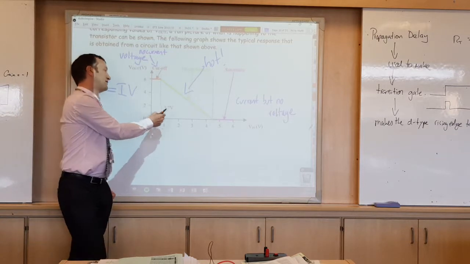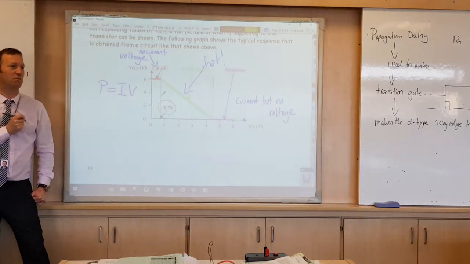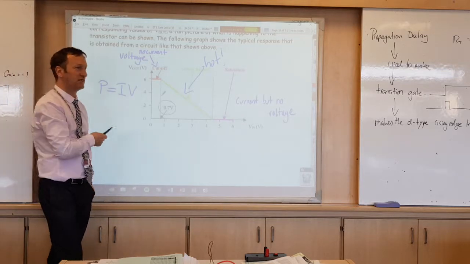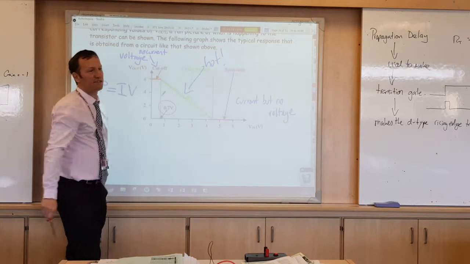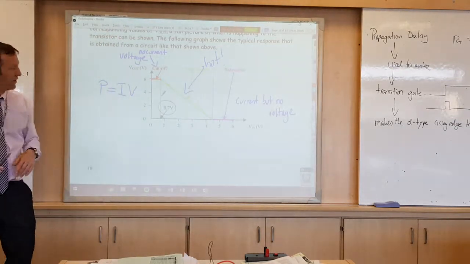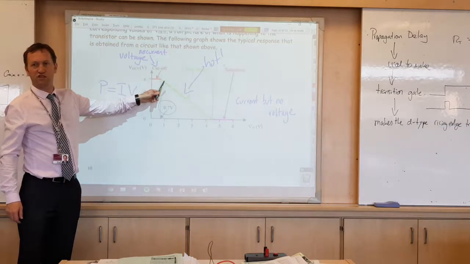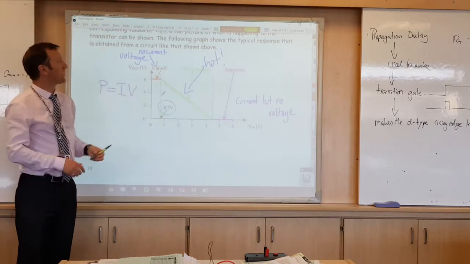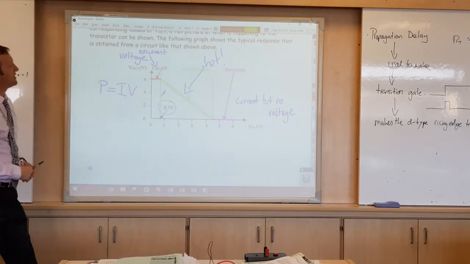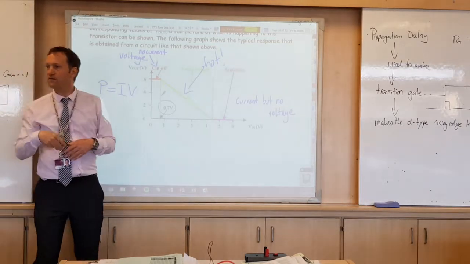And there's our little friend, 0.7 volts. Yeah? How many times does he pop up? By the end of this course you just know that 0.7 volts is your favourite voltage in the world. We know at 0.7 volts, that little junction, the semiconductor, starts to break and open up, and holes flow one way, electrons flow another, and we start to conduct. So here's where the bulb would start lighting up, some current is starting to flow, and the voltage across the transistor is dropping. This region here is called the linear region,